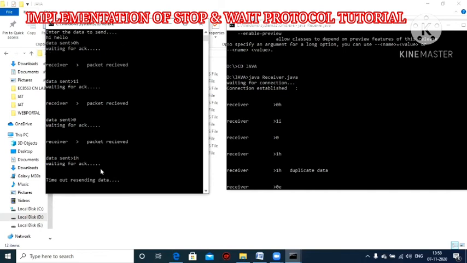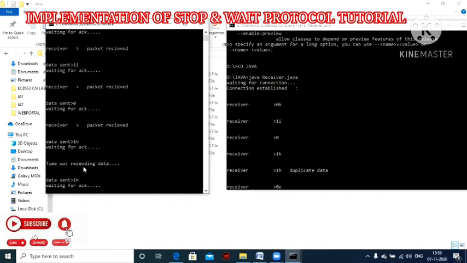But here in this space, I write the coding for the second scenario. Okay, the sender doesn't get the acknowledgement here, but it is waiting for an acknowledgement within the time. But once the time expires, it will resend the same data, the previous frame. So now it will show the timeout resending the data. Earlier I sent the 1H only, so again the same data will be sent here.